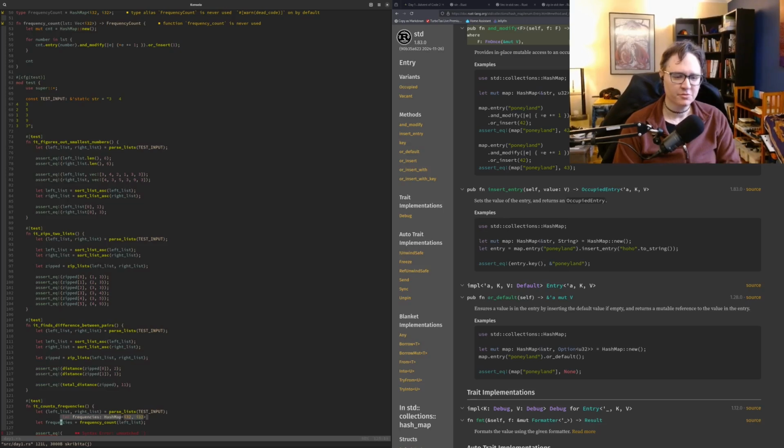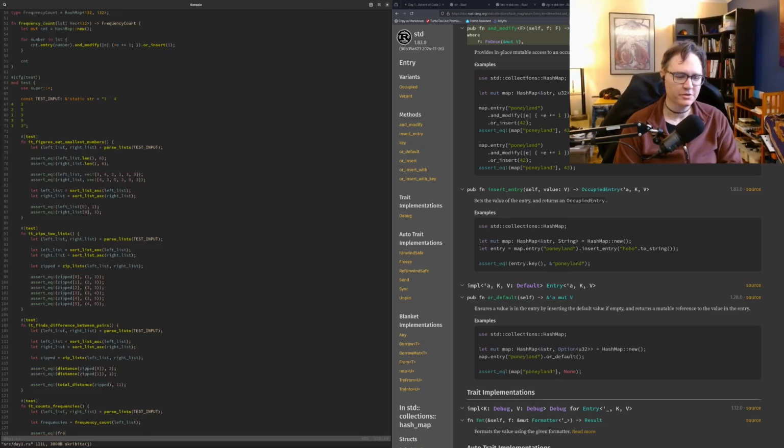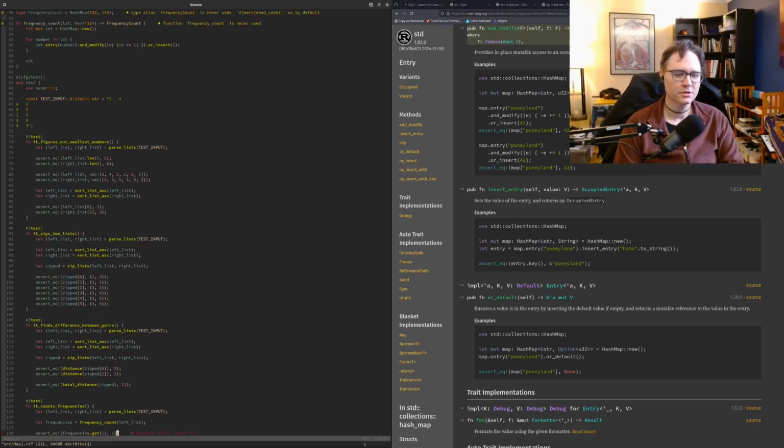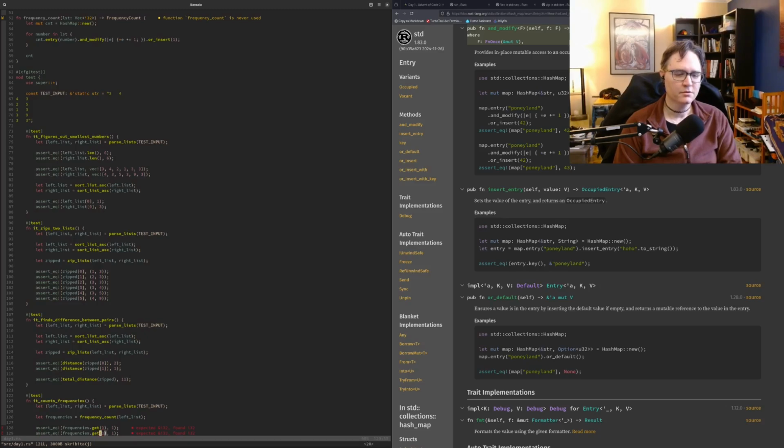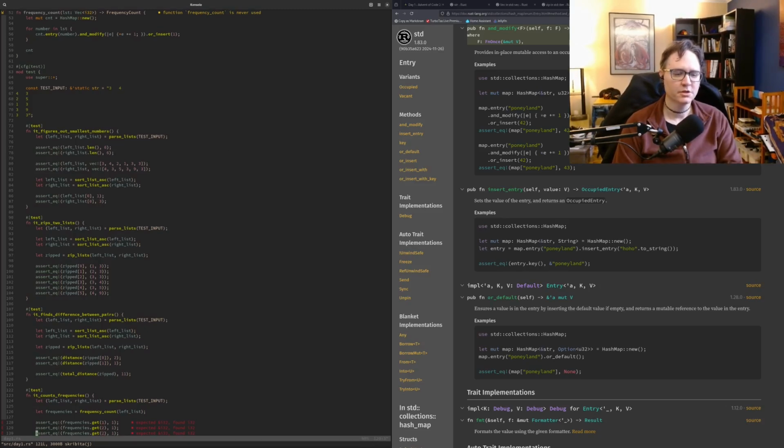So frequencies should be, yep, it's a hash map. So frequencies.get. Well, you know, we'll go through and do it exhaustively. So we'll start with 1, and that should occur once. And then we'll go to 2, which should also occur once. And then 3 occurs 3 times in the left list.